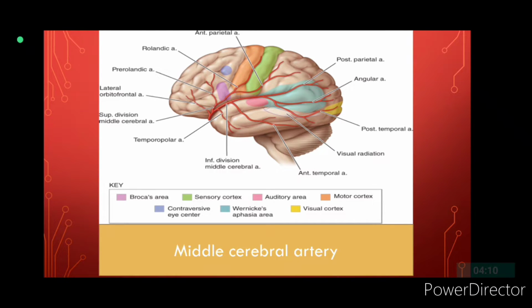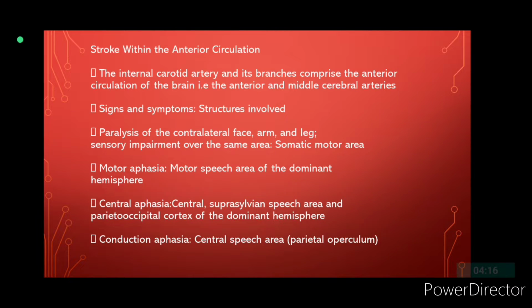Middle cerebral artery. Stroke within the anterior circulation. The internal carotid artery and its branches comprise the anterior circulation of the brain, that is, the anterior cerebral artery and the middle cerebral artery. Signs and symptoms. It includes the structures which are involved: